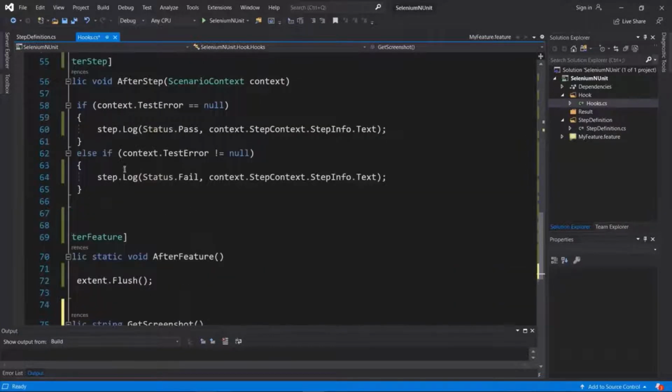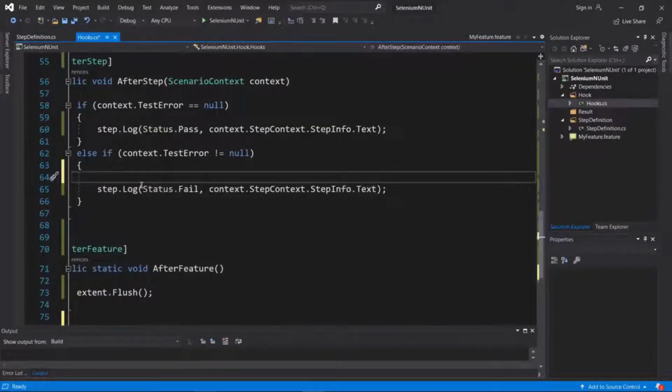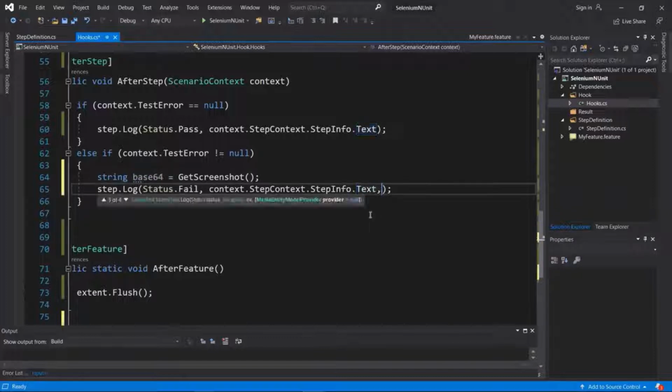Now we'll call this method whenever our test step fails. I'm going to create a string over here, which will hold the returned base64 value from the function. Then to send this image detail to the extent report, we'll add another parameter in the log method, which basically takes the media details which we want to display in reports.